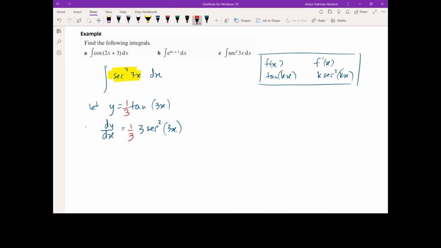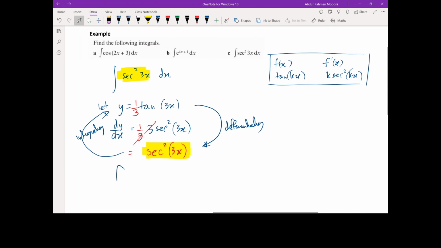Whatever I do on the dy by dx, I have to do the same factor that I'm going to multiply by on the y as well. That then simplifies, giving us sec squared 3x, which is exactly what we're trying to get to. That matches what we're trying to integrate. So since the differentiation of that gets us this, then we know integrating this will get us to that. So then we can answer the question: the integral of sec squared 3x with respect to x is equal to a third tan 3x